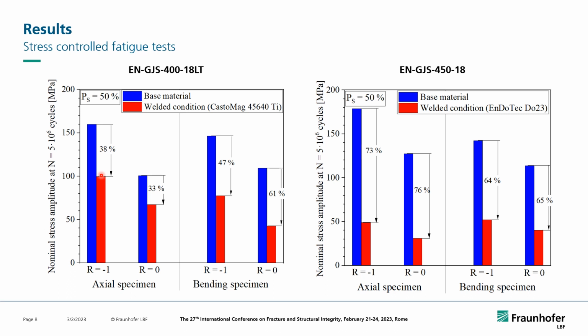So you see, let me say, one result here from the investigations. We made a lot of pre-tests on different welding fillers, hot welded and cold welded situations. For this situation, the 450 made us some problems, and we ended up with the Endotec 23, which we assume gave the best results. And still, we see from the welding process and the fatigue strength at the end, we are much lower in the resulting fatigue strength, both for alternating and tensile loading,